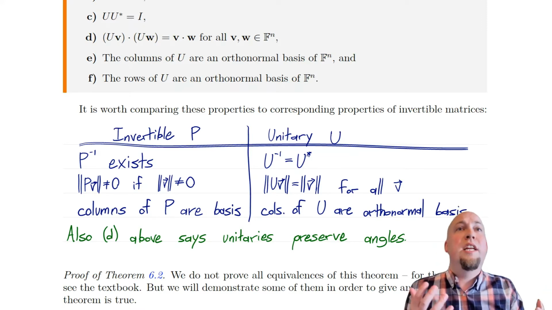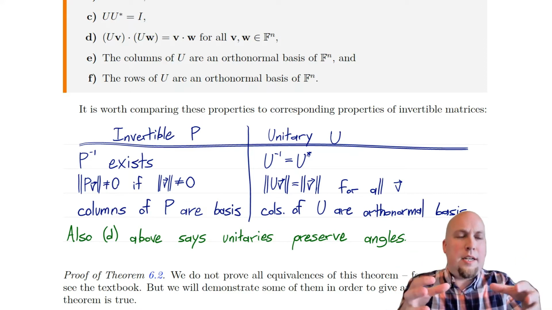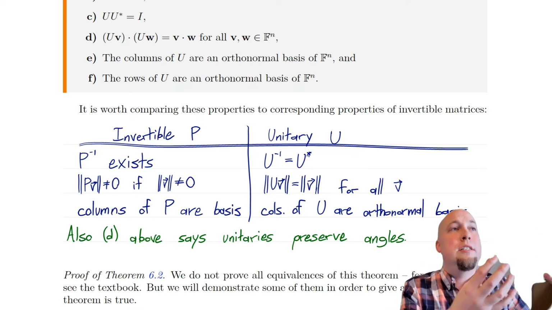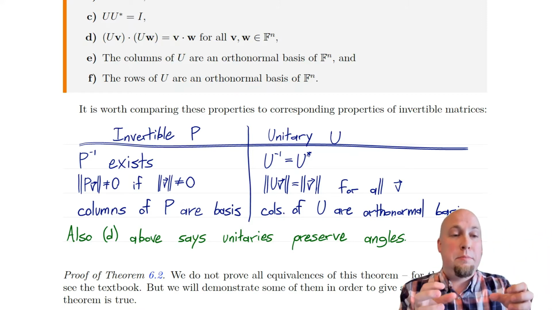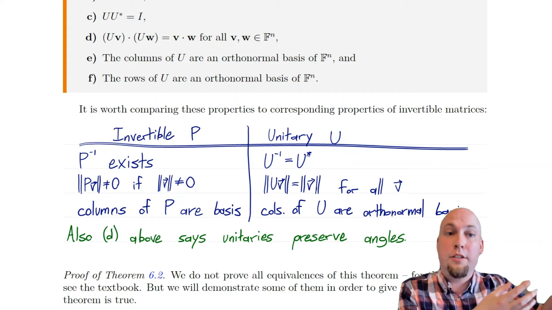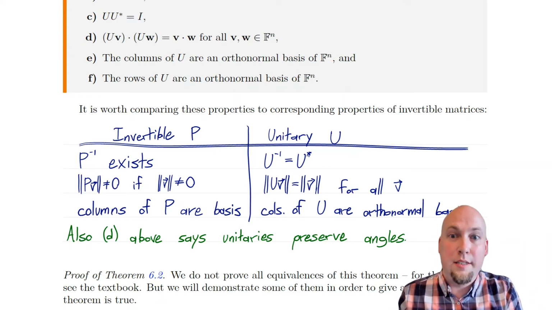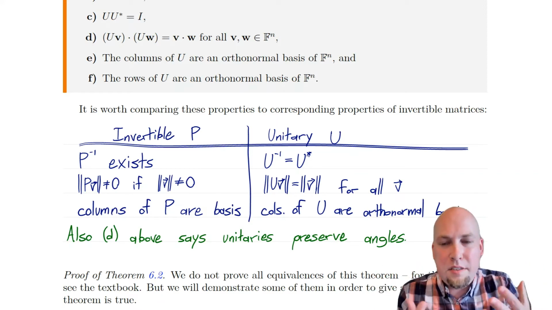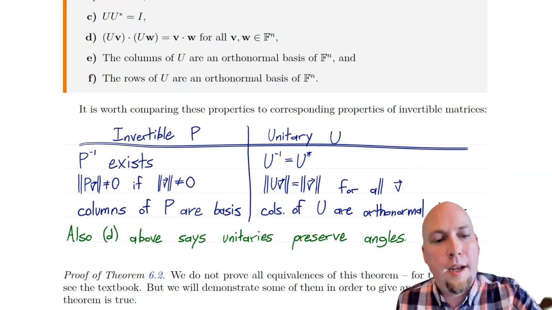So you can sort of think of unitary matrices as the inner product space version of just invertible linear transformations. Invertible linear transformations preserve vector addition and scalar multiplication. They preserve your vector space operations. Well, in inner product spaces, you have one more operation, the inner product. And hey, unitaries preserve that extra operation as well. Okay, so there's sort of the natural objects, the natural linear transformations to work with when you have an inner